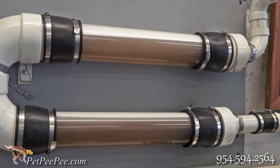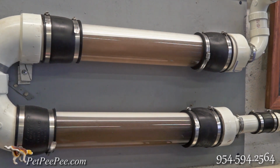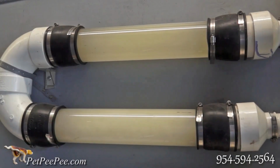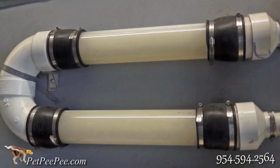Google verified review by Tamara Boykin. PetPeePee's revolutionary cleaning technique saved my beautiful rug. My wool antique Oriental rug was completely saturated with urine odor. Every professional rug cleaner said they could clean it, but the vegetable dyes would run and the white areas would be a